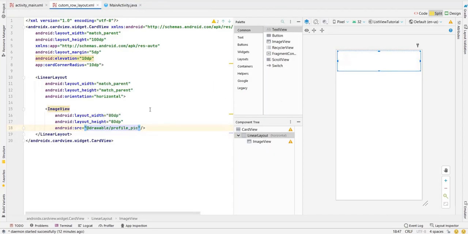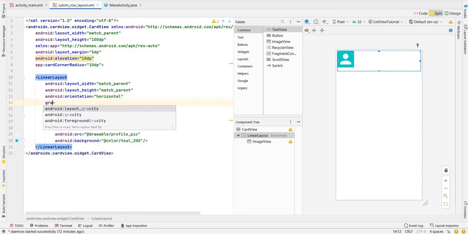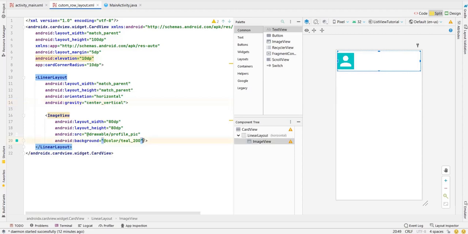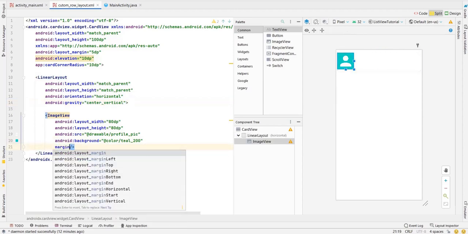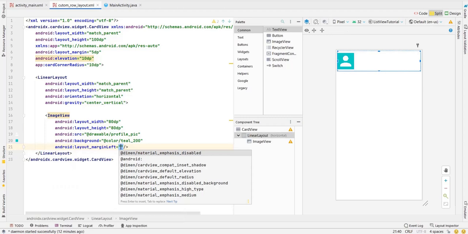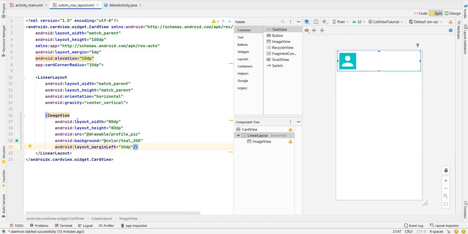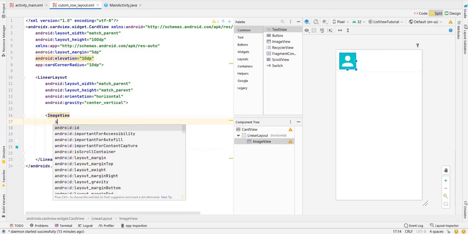As the picture is not visible, for this we need to also change the background of this image view till 200. Now this picture is quite visible. We also need to keep this image view in the center of this layout. For this we will use gravity attribute in our linear layout. Let's write gravity, and here we mention vertical center. Now it has come to the center. After this we will give margin to this image view from the left side. Let's write margin left. Let's take it 10 dp. After this we need to give id to this image view,